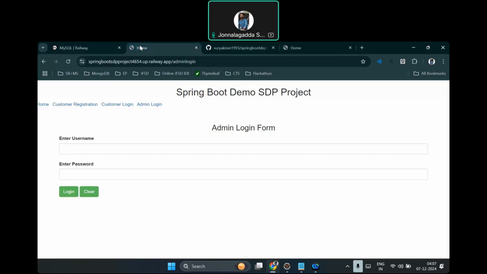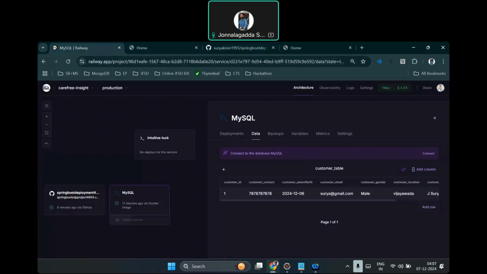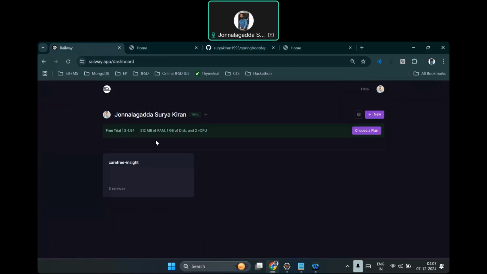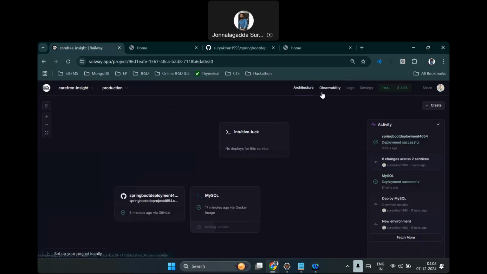So this is where you can deploy the project like this, and I recommend you go for this. Up to 5 to 6 projects you can create based on the data. You can see the plan clearly here. So you will get 512 MB of RAM, 1 GB of disk and 2 CPUs. So the simple logic is, just click on this and